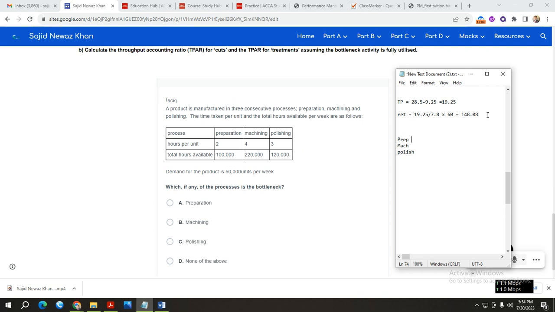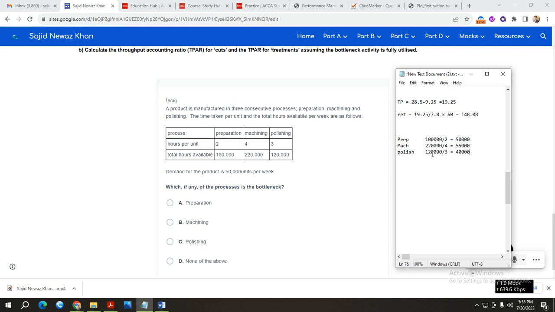দেখি আমরা prep কতটুকু করতে পারি। যদি 100,000 is available and it takes 2 hours, আমরা বছরে 50,000 প্রিপারেশন করতে পারবো। ওকে, look at machine, total available যদি থাকে 220,000 and একটা করতে যদি আমার 4 hours করে লাগে, সো আমরা মেশিনিং এর ক্ষেত্রে ইন টোটাল 55,000 করতে পারবো। In terms of polishing, আমার টোটাল বছরে available আছে 120,000, and if it takes 3 hours, then আমরা in total